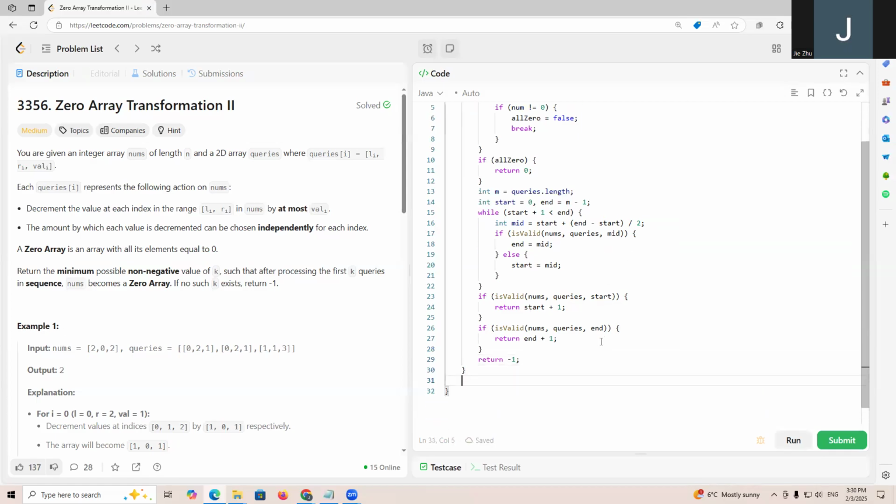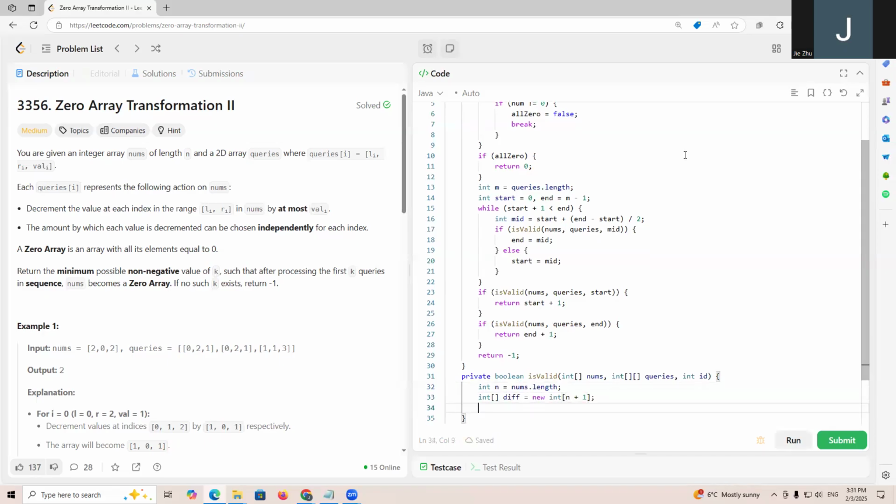So for the is valid function, it is very similar to what we did before. What we do is the private boolean is valid is going to have int nonce and int, we put these queries. And for this one, it is the index, right? Because we binary search the index. And n equals nonce dot length, we're going to have int diff array equals new int n plus one, right? Then